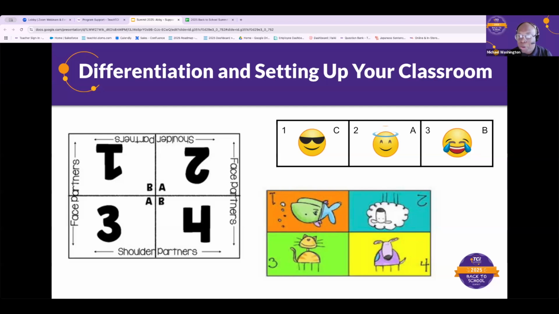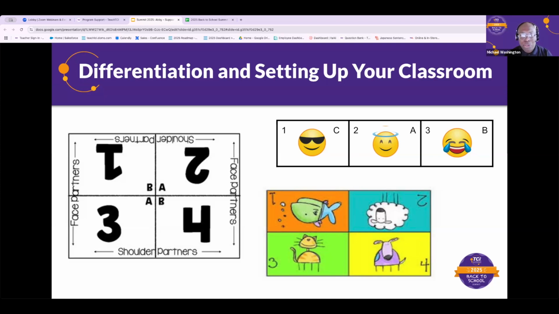Students don't have to know that if they are some of your high level readers they're going to get the sunglass emoji, or if they're struggling readers that they're going to get the angel emoji. Those are just ideas on how you can quickly partner students up together.